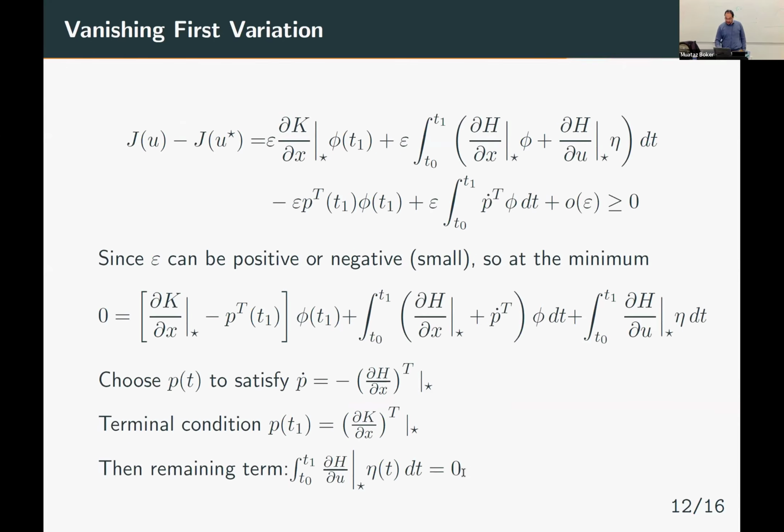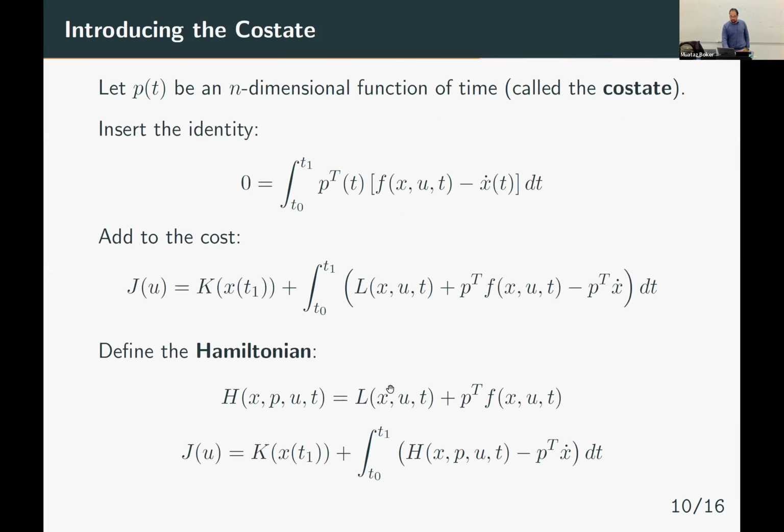Why? Because if you look at the Hamiltonian, what do we want? We want to minimize the Hamiltonian with respect to U. So remember, U